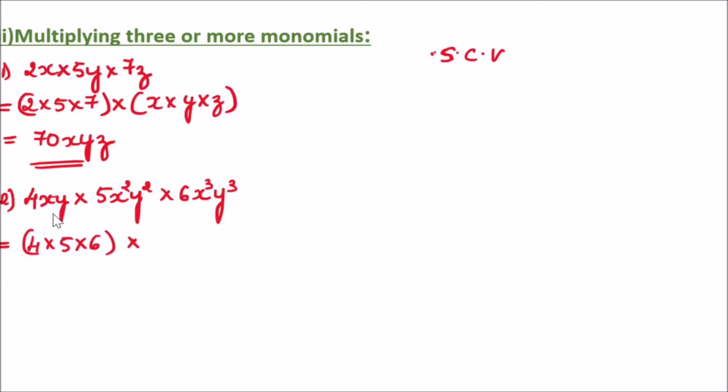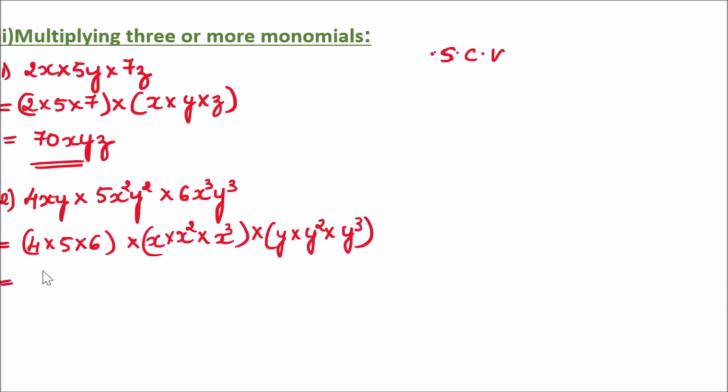Okay, so now what will we do? We will first take the x. x, here x square, then multiplied by, here it is x cube. Okay, now the next variable is y, multiplied by y into y square into, from here it is y cube. Clear? You understood this step?